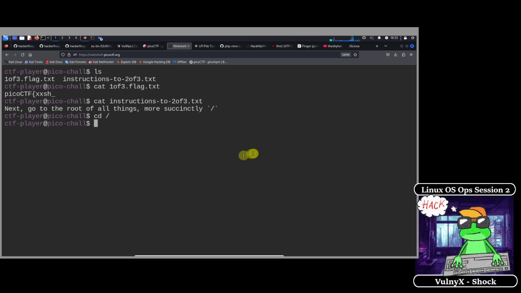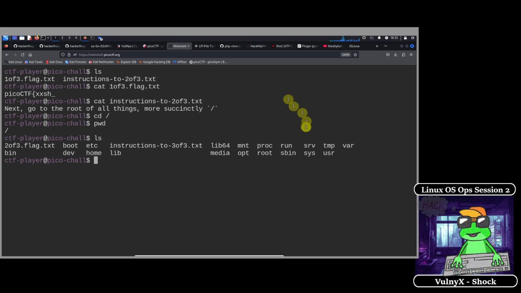After that, if we do pwd to get the current directory, we should see that we're in the / directory. And if we do ls to take a look at what's in the directory, we should see all of our usual Linux directories in here, but there are also a couple of files. There's this 2of3.flag.txt and the instructions-to-3of3.txt files. So we're going to read these files. We're going to cat out 2of3.flag.txt,